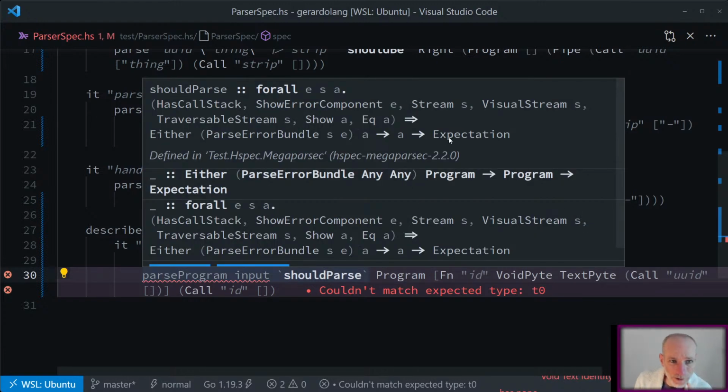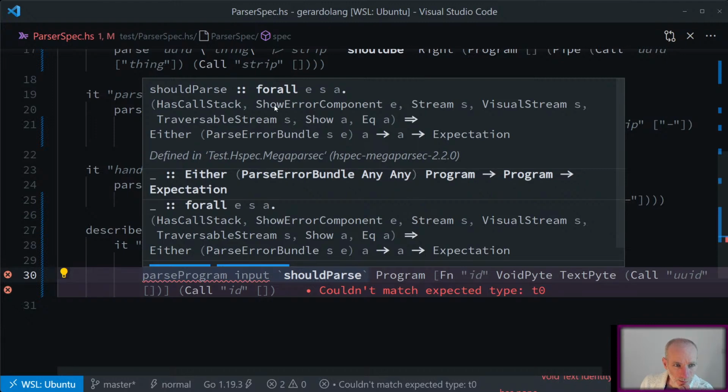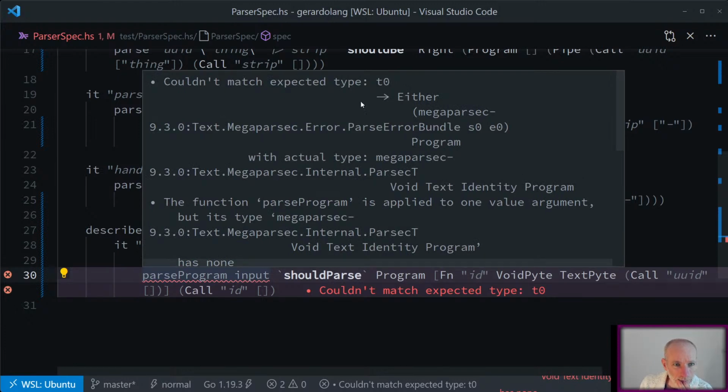Don't know what the type of expectation is here. What's the error we're getting? So we're getting something to either make a parsec bundle or program. That's what it's expecting, sorry, and it's actually getting